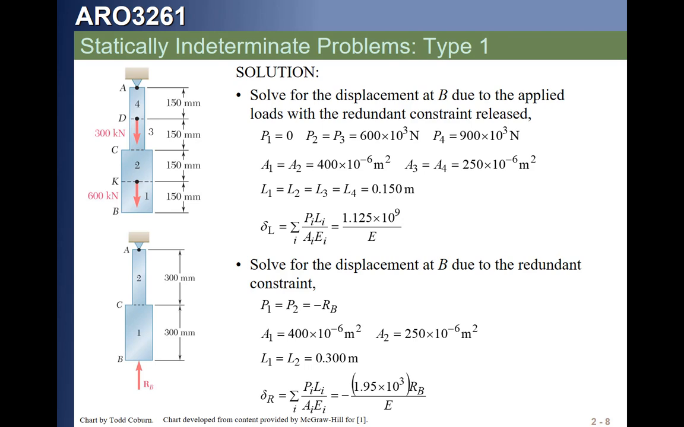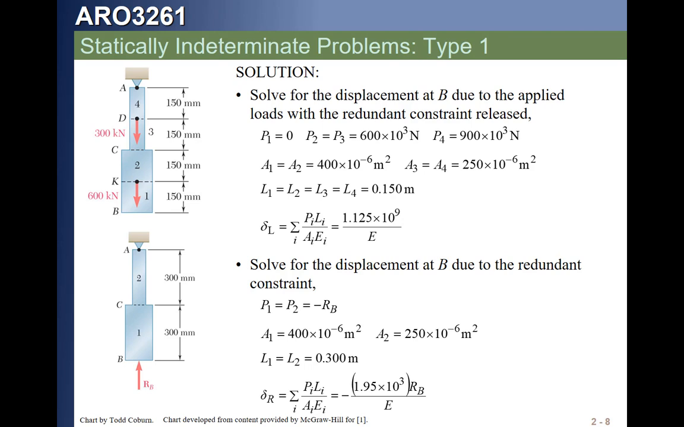Here's where we take our first sub case, where area 1 has no axial load, 2 and 3 have the same axial load, and 4 has a different axial load. We have the area of the two pieces. We calculate our total deflection. Then we solve the second sub case like we discussed,